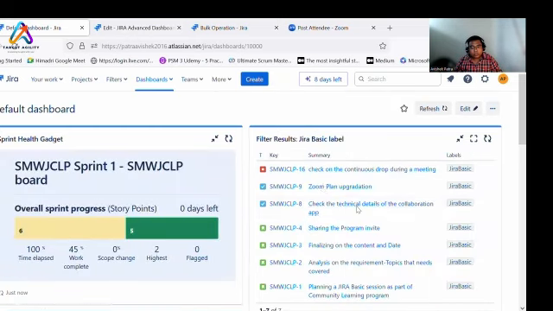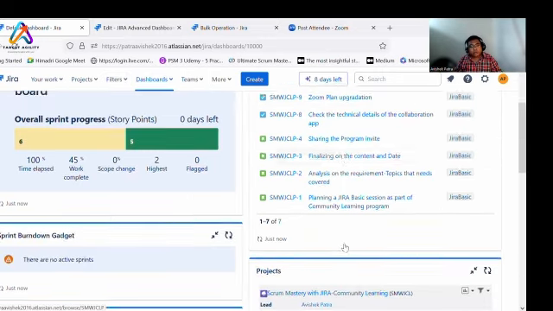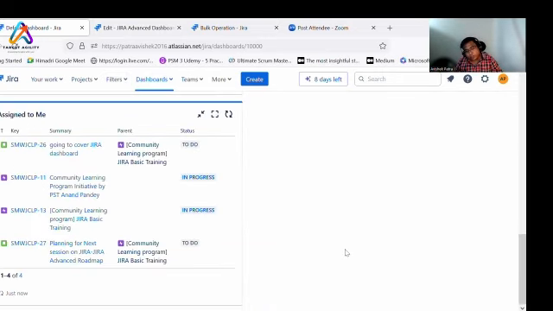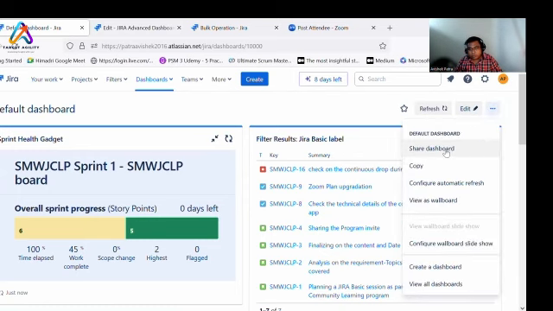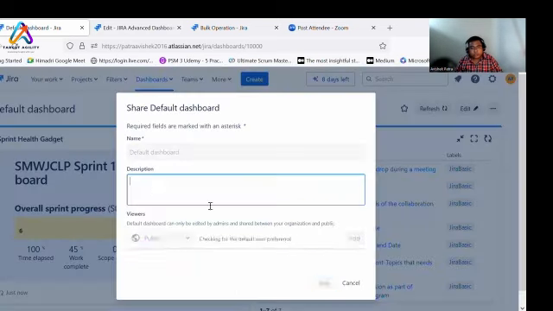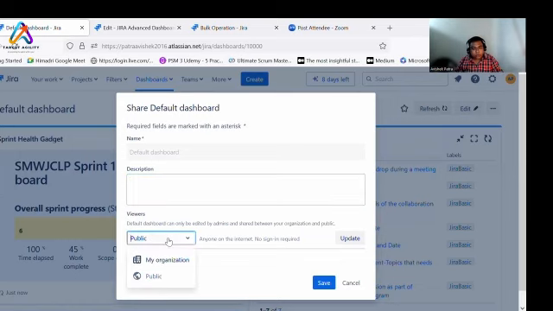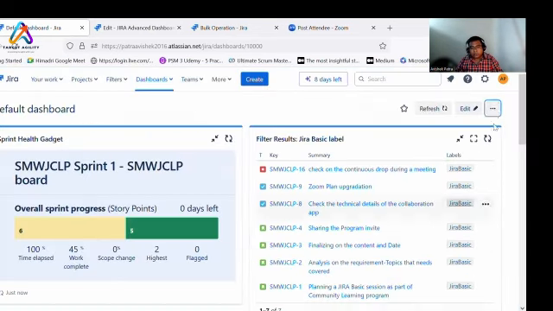Okay, so this is how you can create a Jira dashboard. You can use the filters to create a dashboard. Even if you don't need filters, you can use just the project, and also you can customize your data accordingly. Okay, you can share your dashboard. If you want to share your dashboard with anyone, viewers, or any one of the leaders, you can do that. You can share the dashboard as well.